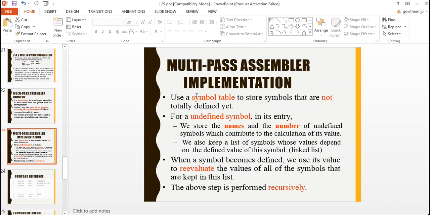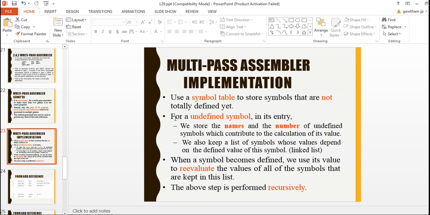The implementation method is to use a symbol table to store symbols that are not totally defined yet. So the data structure, symbol table, is used here. The symbol table contains only the undefined symbols. This is a separate symbol table, not like the earlier one, in which all the symbols are entered with the flag star.